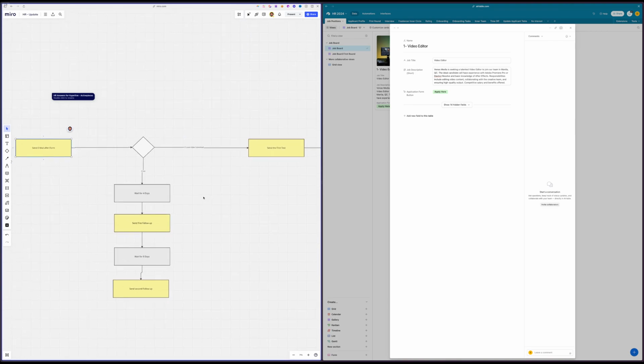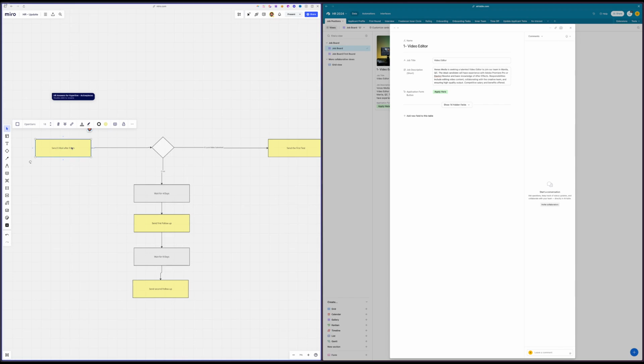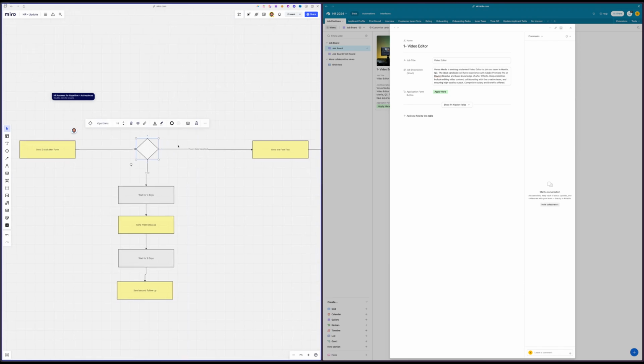I'm just explaining in a nutshell the process until here. Then an email will be sent, and here we are going to 2 routes. What we want from them is a Loom video. If they submit a Loom video, then